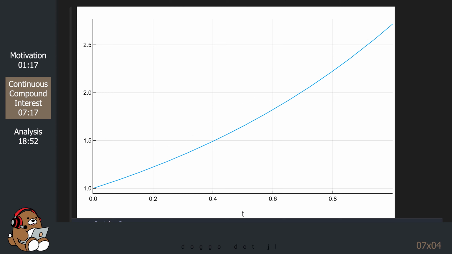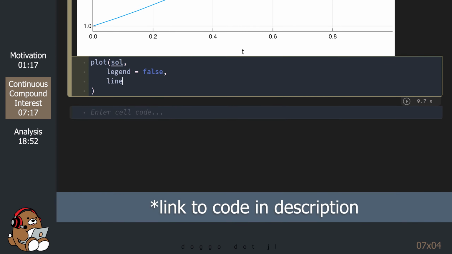Let's add some attributes to our plot recipe in order to make this plot a little more presentable.